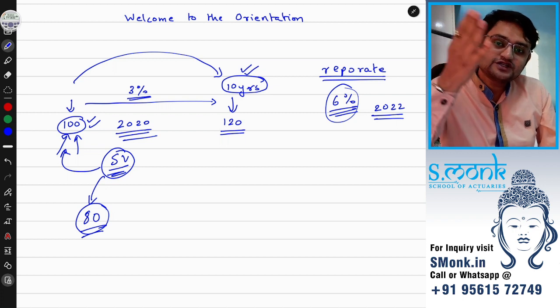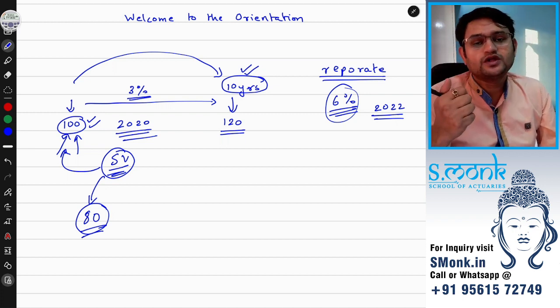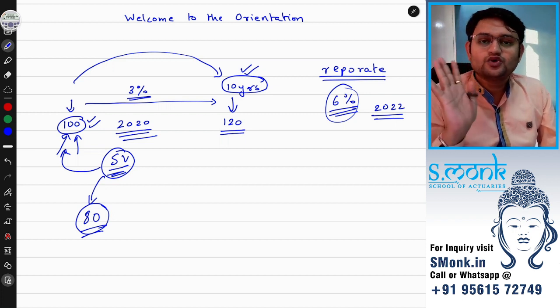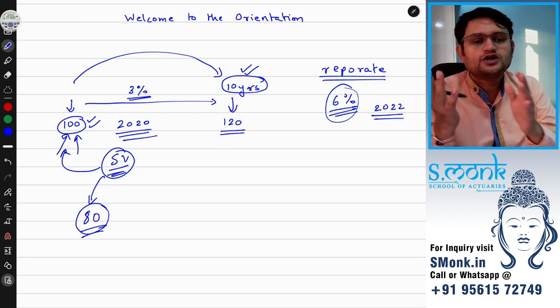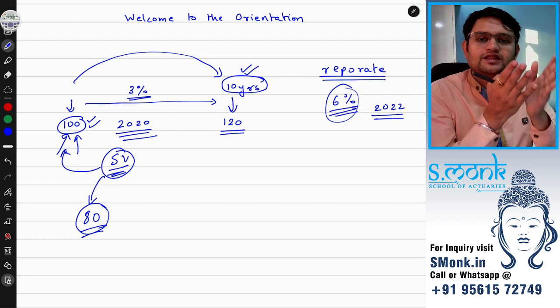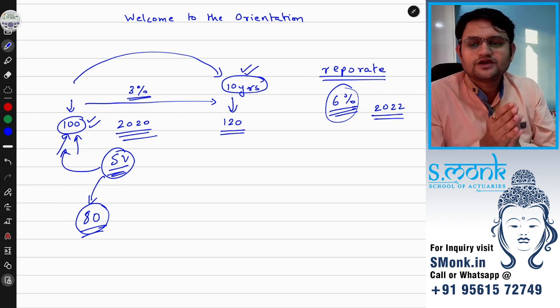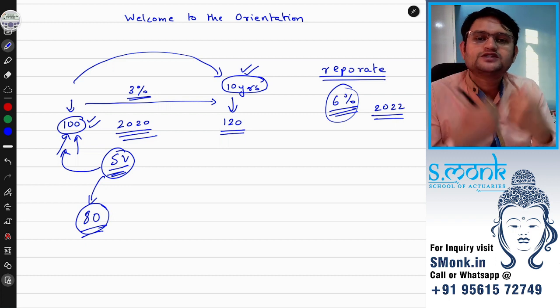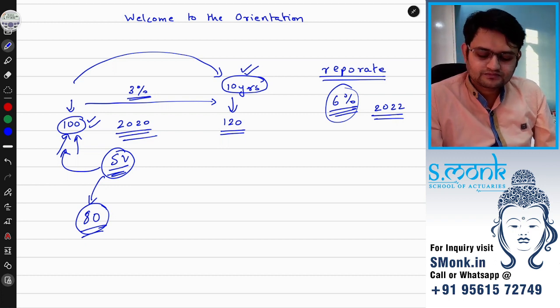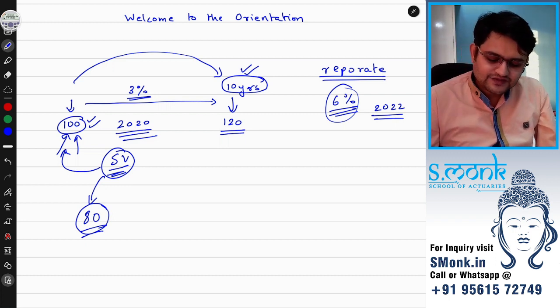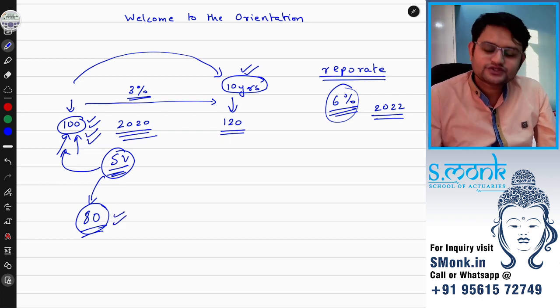The investors in SV Bank started taking out their money, thinking the bank is going to go at a loss. I will lose my money. So the people that put money in the bank for investment and also for safekeeping, everybody started taking out their money. And then SV Bank had to sell more of those bonds at a loss.